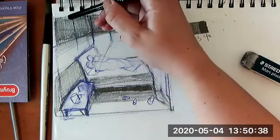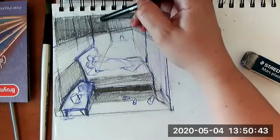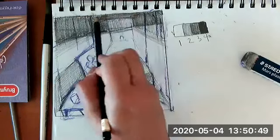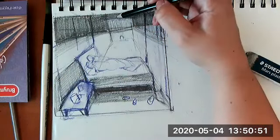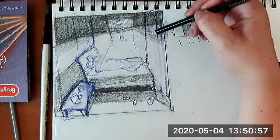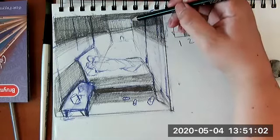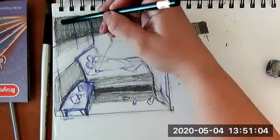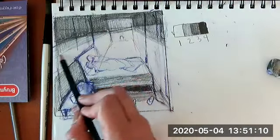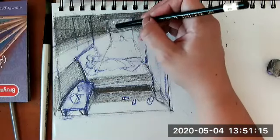So I'm coloring this in, and I'm thinking about where I want to put my darks so that my lights look good. Because if you want to make a color look neon, I like to make this really neon moon glow green in my paintings, and I do some night paintings, but it's not that the paint is neon green, it's that the blue around it is so dark. And so this room being darker around the couple makes them more highlighted, makes the story more interesting, adds to the drama of